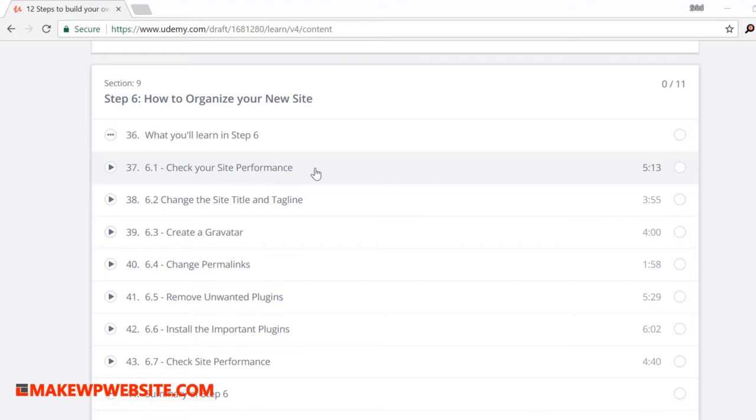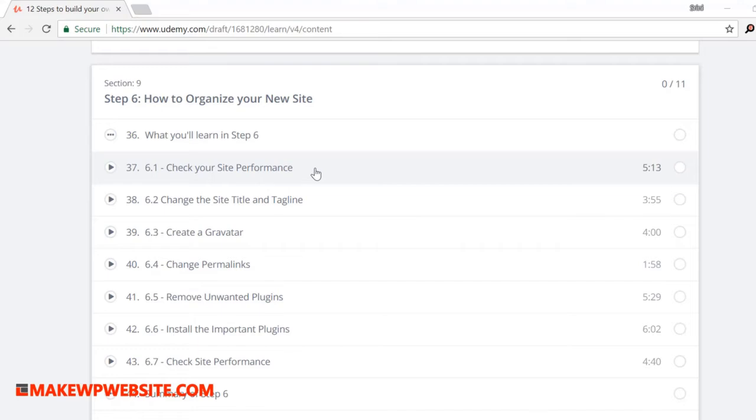The next step is 6.5, removing the unwanted plugins. It's simple and straightforward. I'll show you which plugins I don't like. It's my personal view, and if you think you want to use them, or you think they are better plugins for solving the problems you have on your site, then you are free to use them. But from my sense, I can clearly show you that having those plugins on my site degrades my site performance, and once I remove them, my site performance actually goes up.